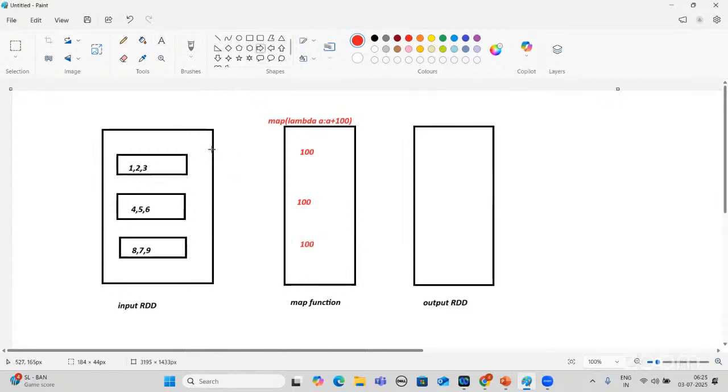So 1 becomes 101. And what would be the output RDD? 101, 102, 103, like that we will get the output RDD. So this is single stage. We are having only one stage operation.